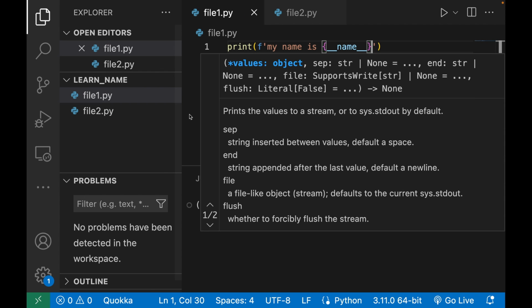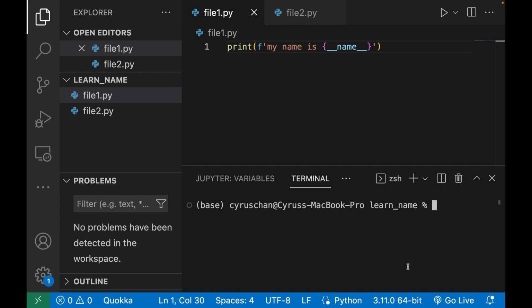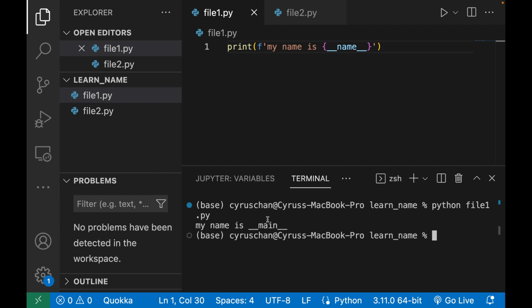Now we go to the terminal, and then we type python file1.py. Now you can see my name is __main__, and this will be different if you execute this file directly, or